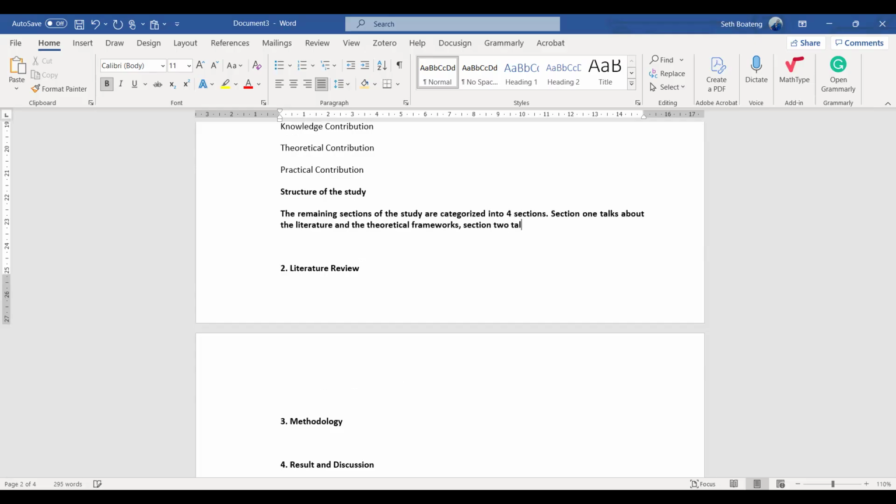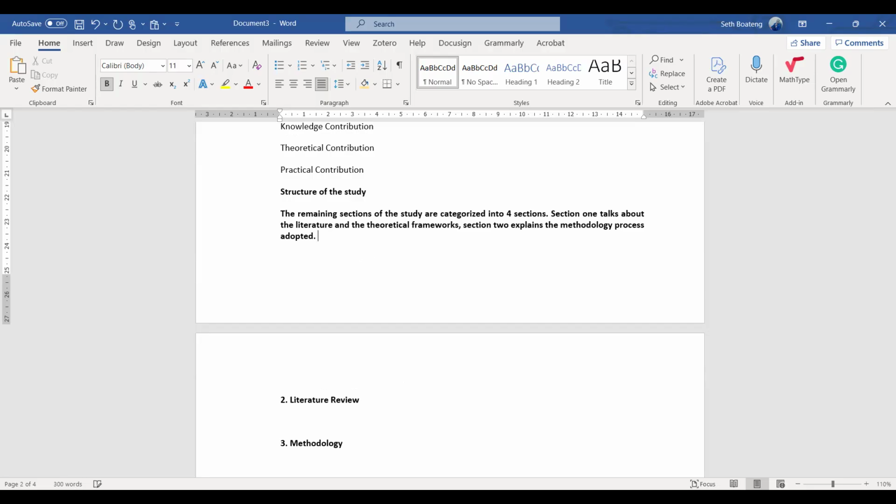And this, please, is dynamic. You can change it. It doesn't mean what I'm writing is what you're supposed to write. Section 2 maybe explains the methodology process adopted or the adopted methodology.